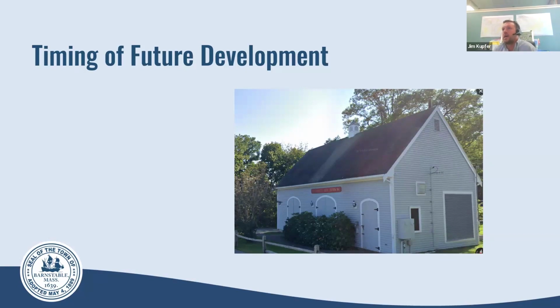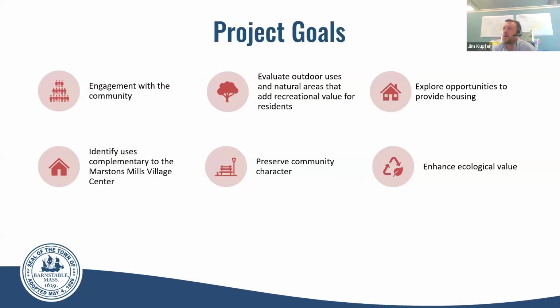The reason I note this as timing of future development is if any possible development or use at all on this site is going to need septic of any kind or sewage of any kind, sewer is not contemplated until 2027, according to DPW. And so that would likely be the timing for any future development if there's any septic or sewage capacity necessary. Obviously, that's part of the comprehensive wastewater management plan. We don't want to be adding additional septics in the area if we can help it.